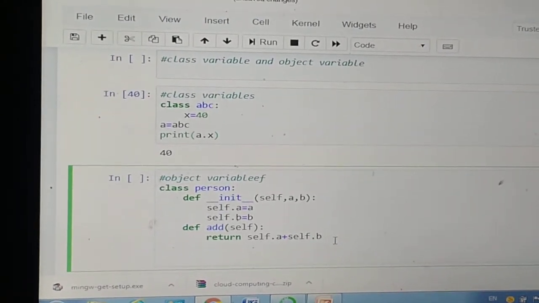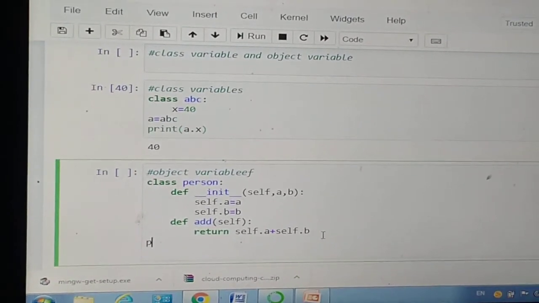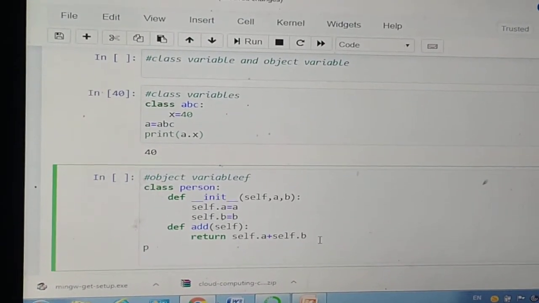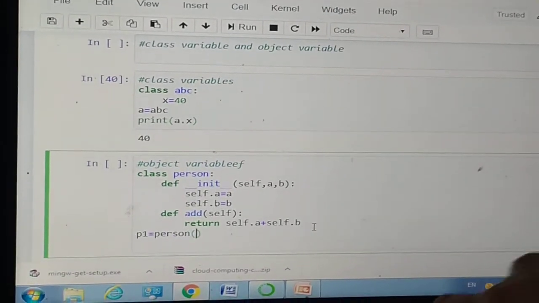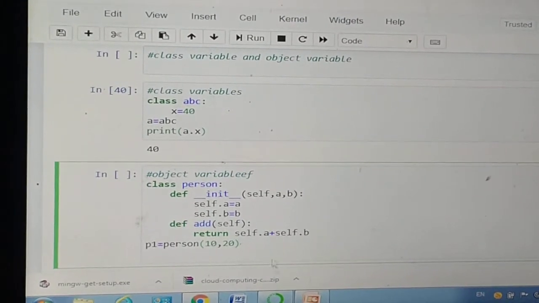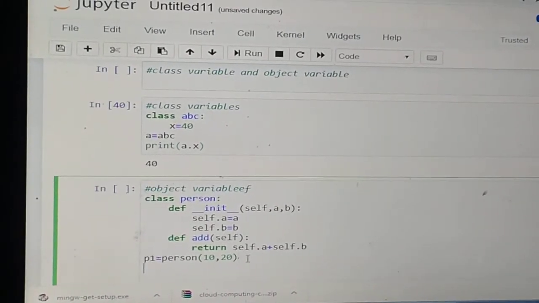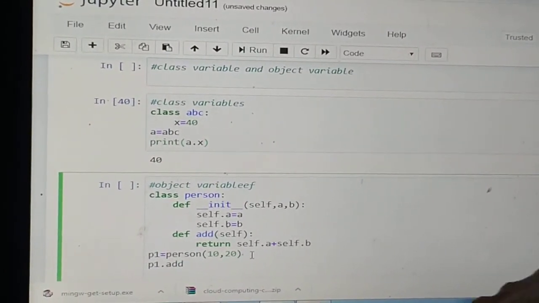Now I need to create the object of this class. So p1 is assigned by Person, and the values are 10, 20, and p1.add.